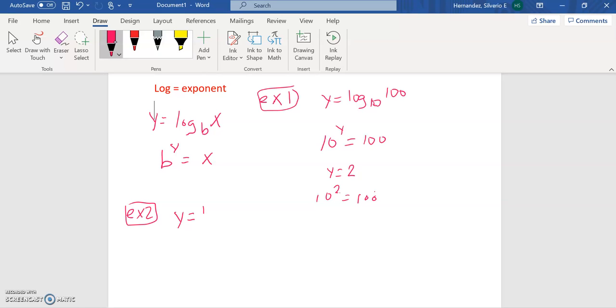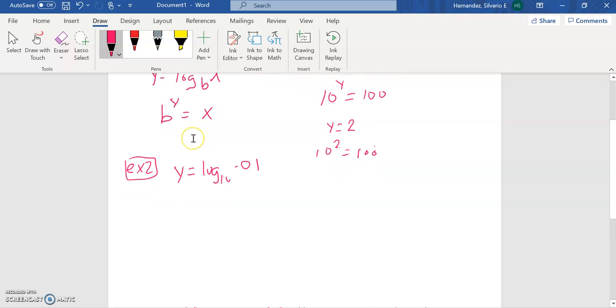What would the value of y be if I have a log base 10 and this time the value of x is 0.01? So let's take a look at this problem here. Again, that base is 10. I need to raise it to the power of y to equal 0.01. In this case, y is going to be negative 2. So 10 to the negative 2 is going to give me